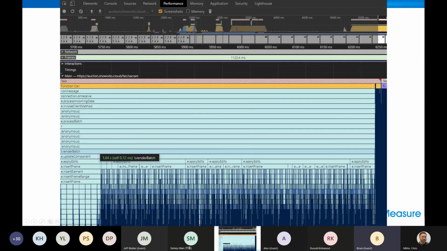All right, now let's talk about browser to server interaction in Blazor server side, because this is another wrinkle that you need to be aware of. Now, this is the performance tab. You hit F12 in your browser, go to the performance tab as you load a screen, and you're going to see all the different HTML frames as the DOM is being built when you're loading up a particular screen.